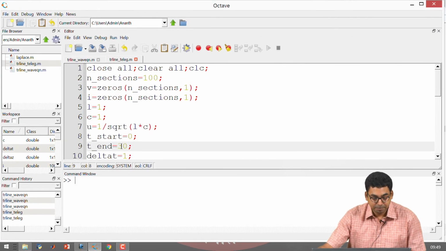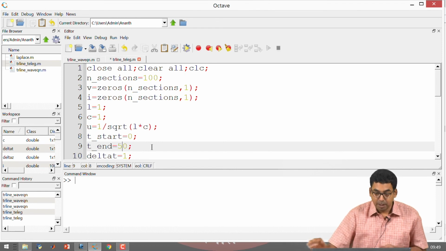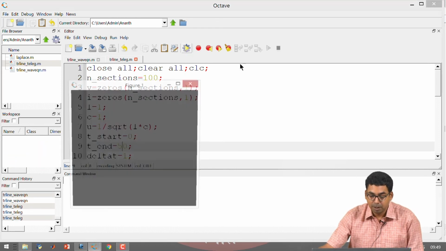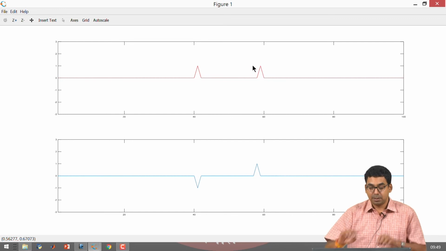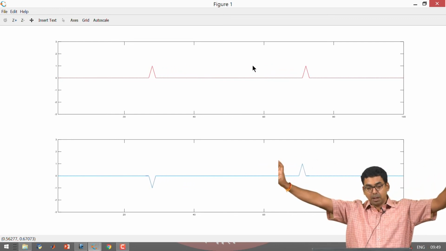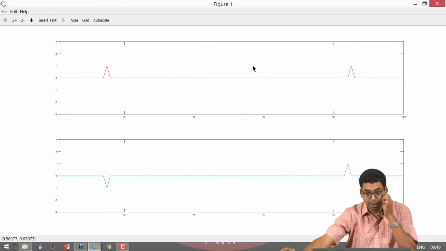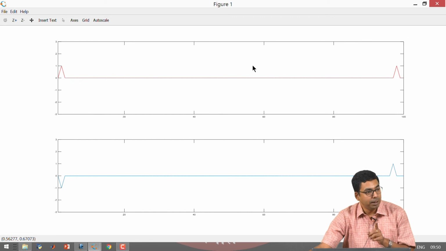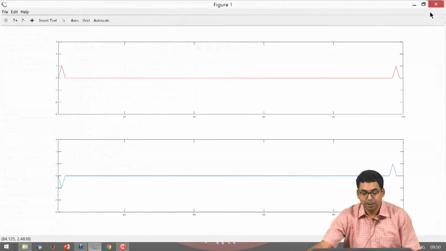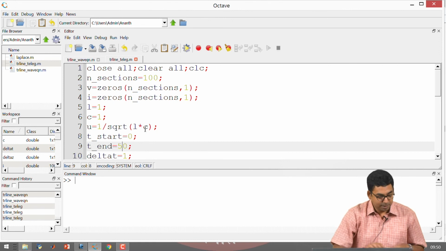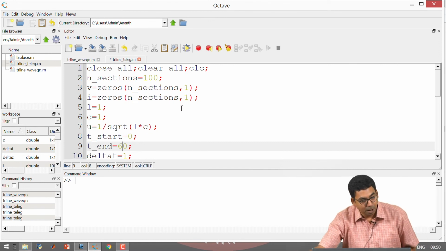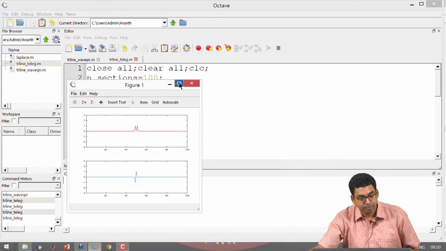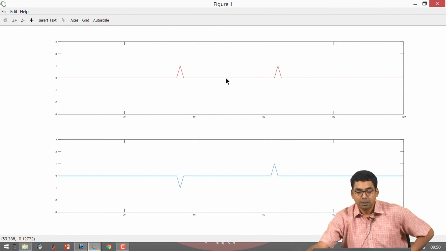This time I am going to increase the amount of time, I am going to run it. The voltage is going along the transmission line to the left and the right end, right, alright, almost hit the boundary, okay, almost hit the boundary. So, now is a very critical stage. I am going to make it go a little longer and try to understand what happens. So, the voltage is travelling to the left and to the right.